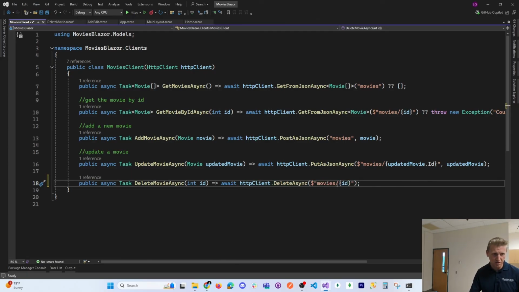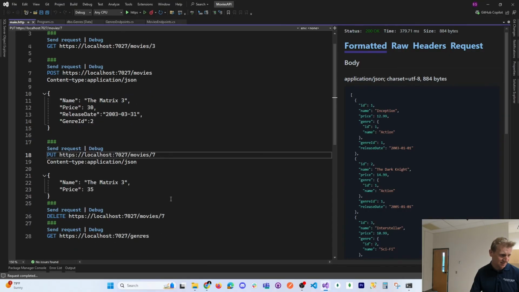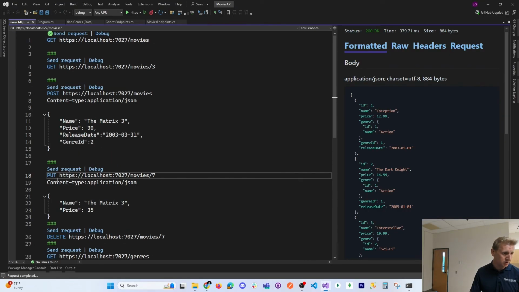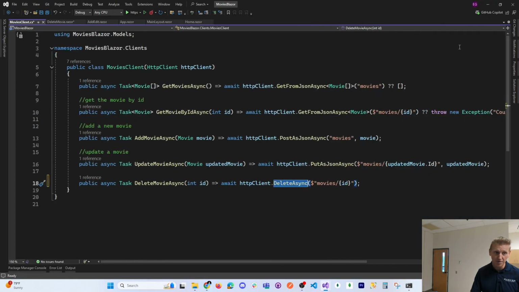Let's make sure our route is correct. This is a delete async, so of course it's going to call our delete, post, put, delete. So it's /movies/ID is our backend route. So when you call this method, you just got to pass in the ID of the movie you want to delete. So there's the method DeleteMovieAsync